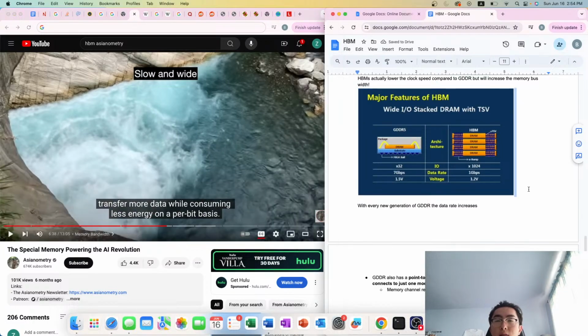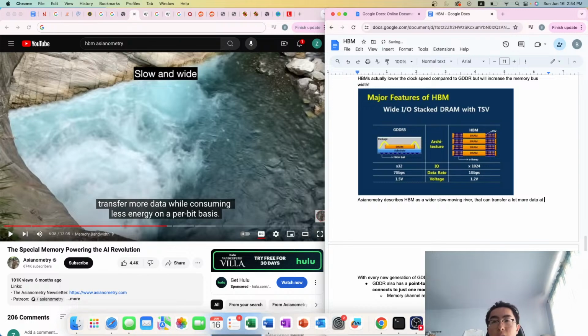Actually, I like this. So the narrator describes this as a wider, slow-moving river that can transfer a lot more data at a single time. So this means you